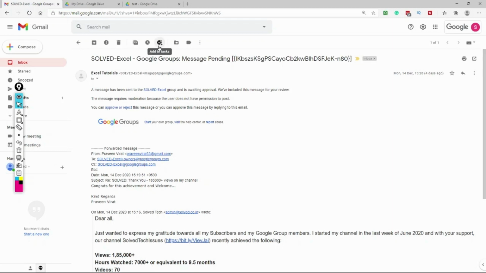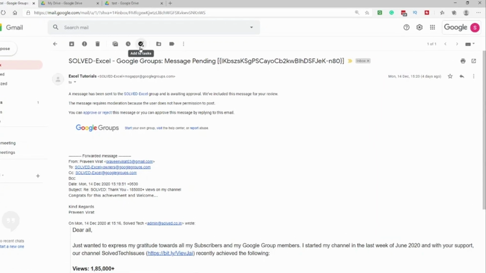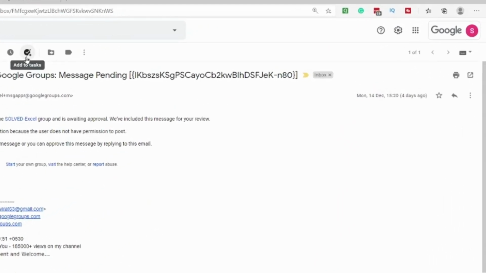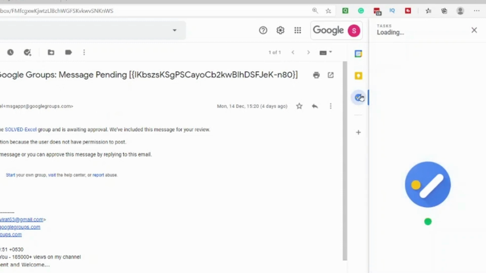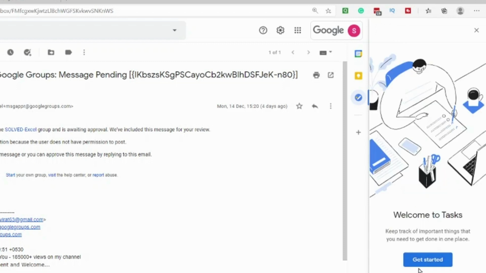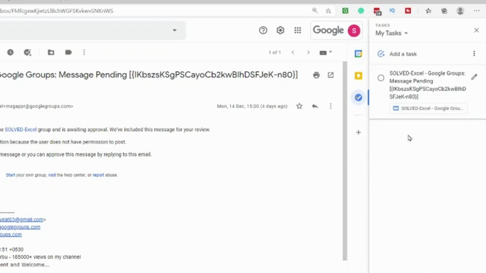And I can always add it to a task if I'm using Google Task. If I click on add to task, here you will see on the right side a new pane will open, which will show all the tasks that I have listed in Google Task. If you're opening it for the first time, it will first give you the welcome to task screen, get started, and here you can see it says that this particular email has been added to my task, and at the bottom you can see there is this small attachment of this email.